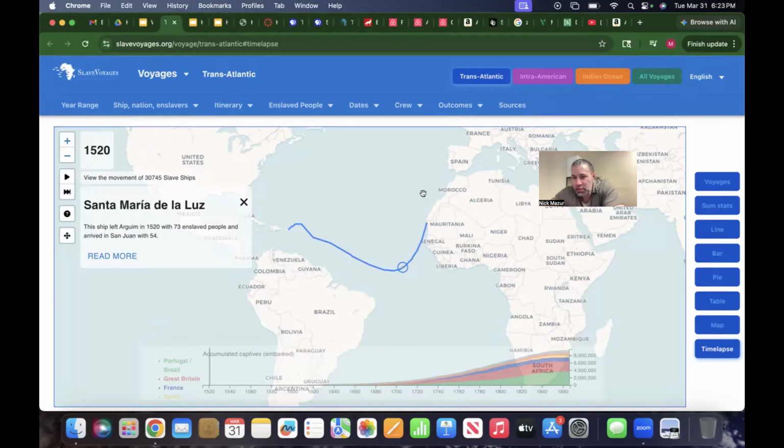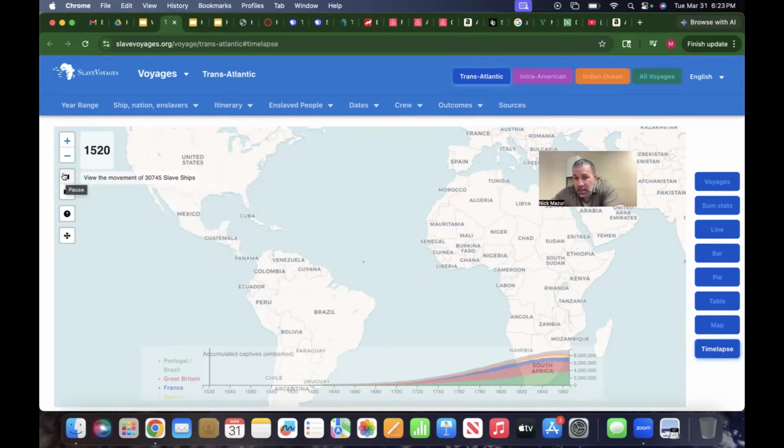Right? And so what you want to do is just play around with this, because what's interesting is that what you're going to see is that as the economies here start to change, as the Portuguese and the Europeans figure out how to mass produce certain crops, such as sugar, you're going to see how slavery is going to increase, right? It's not that there aren't trades in slaves. Absolutely, there are. But if we look here, you see how quiet, how few there are, right, in terms of slaves, starts to pick up, right? Because more and more people are going to the islands.